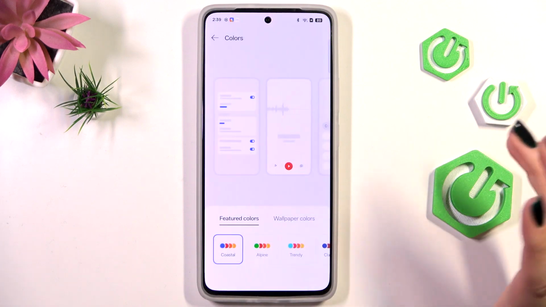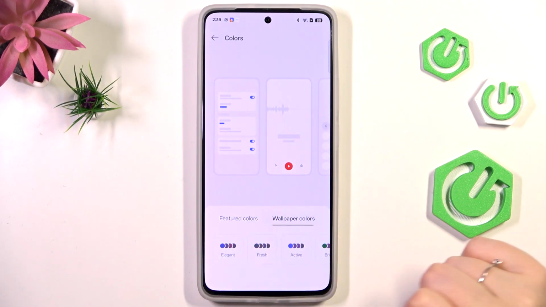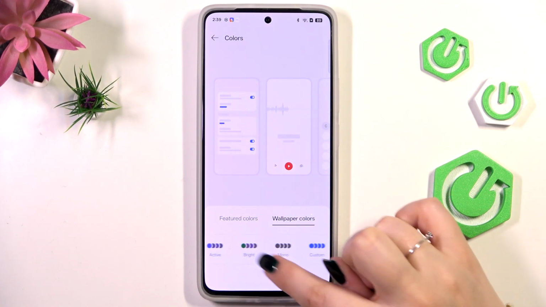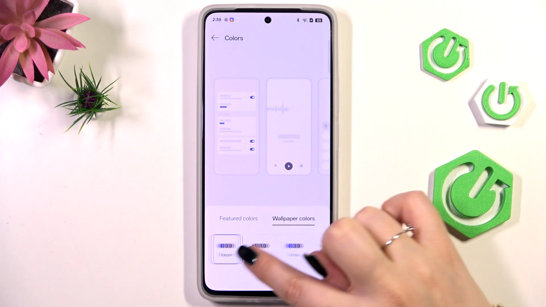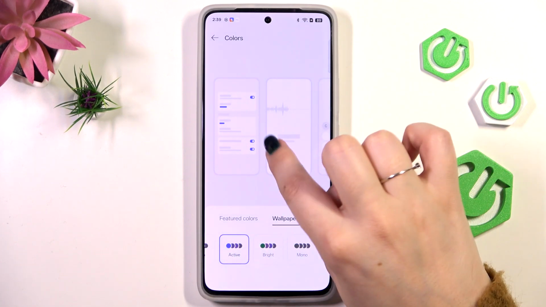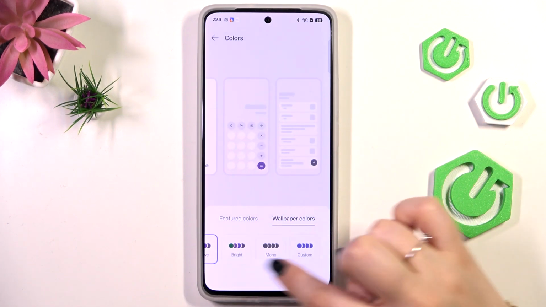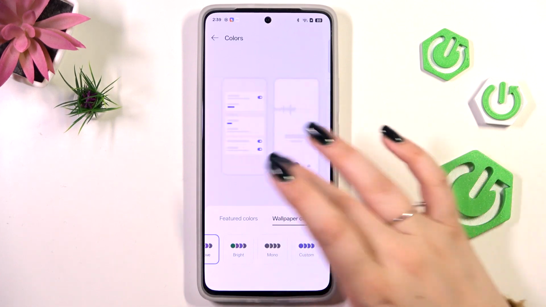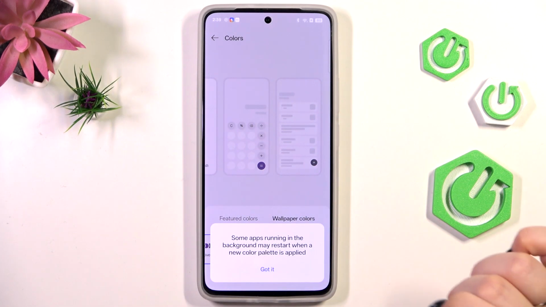the system, so you can create a composition, let's say. Simply tap on wallpaper colors, and here we've got those presets which are taken from the wallpaper. You can check the preview, or if you're not really happy with the results here, simply tap on custom, tap